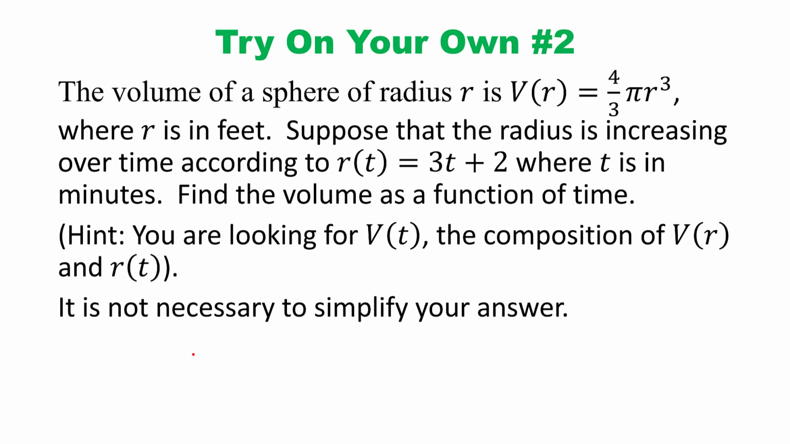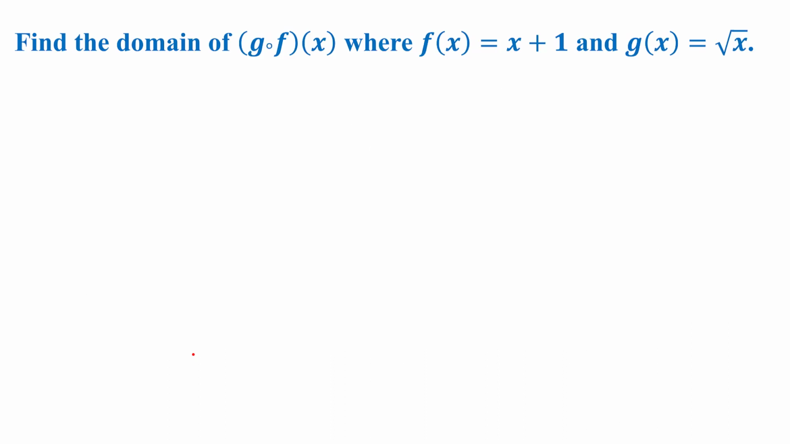Suppose that the radius is increasing over time according to r of t equals 3t plus 2, where t is in minutes. Find the volume as a function of time. Hint, you are looking for v of t, the composition of v of r and r of t. It is not necessary to simplify your answer. This is actually a pretty simple problem if you just think about it a minute. So go ahead and write this down, and once you do, we'll go on to the next slide here, which